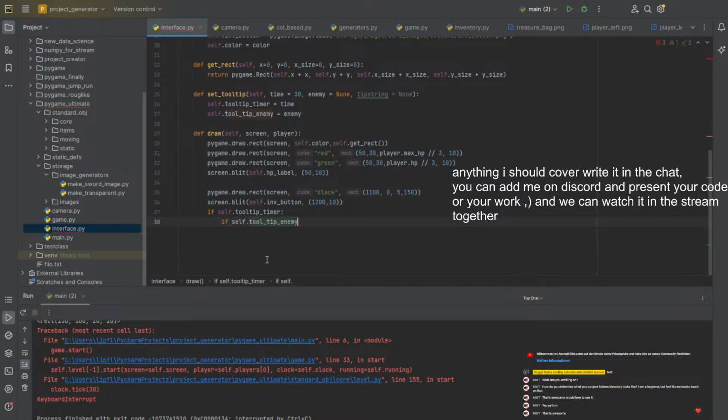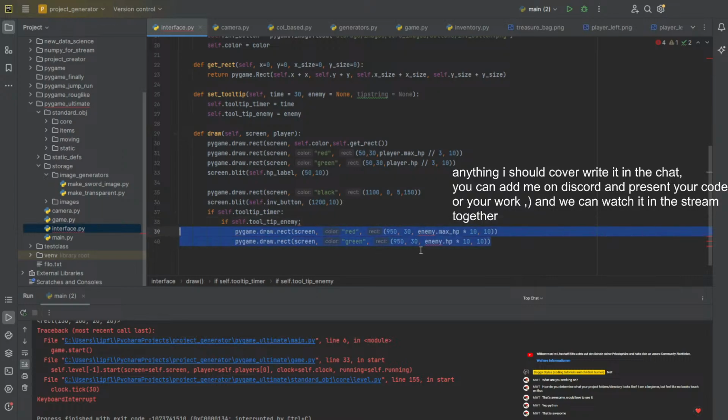If self.tooltip_enemy, self.tooltip, yeah, so we are referring, but yeah, wrong, it has to be a colon. And apart from that,